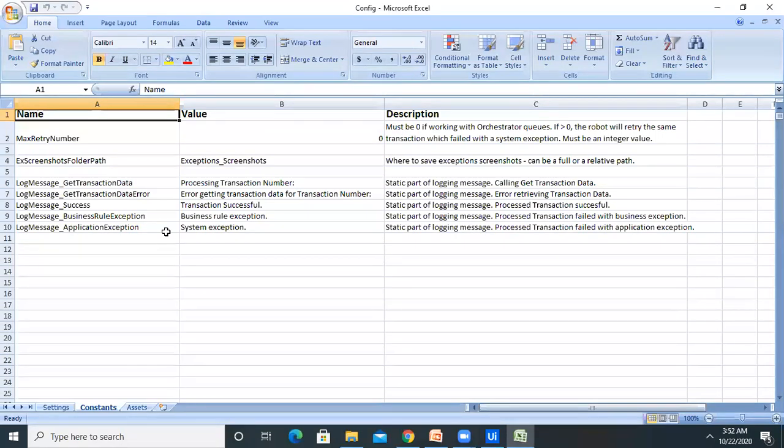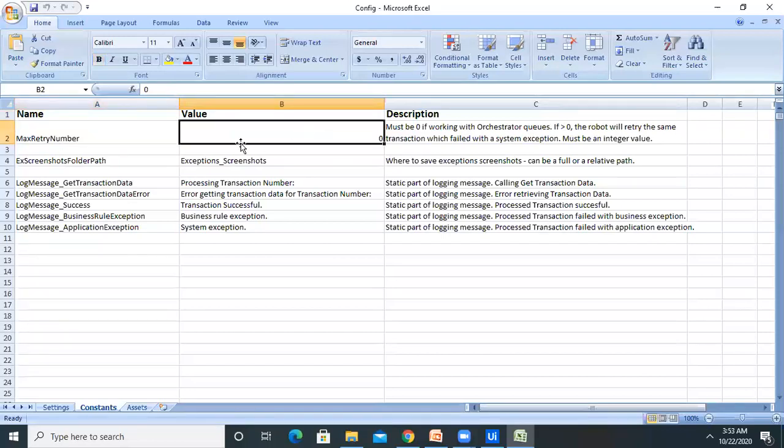You can also define it here as well. Max retry number, it means you have to provide your value here. Now it's showing 0. So if you're heading to the server, or you can take an example of AWS, when you want to collect the data from AWS to UiPath, in the server session we have some maximum limit of retry, and that limit is dependent on the number of value which is defined at the background in the code.